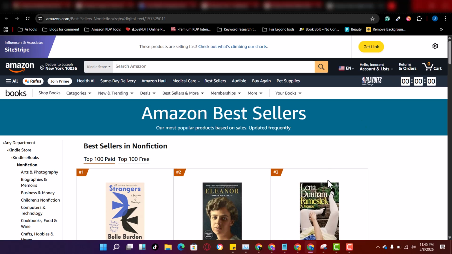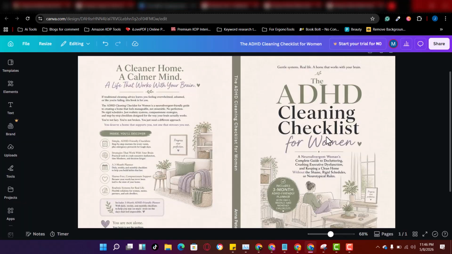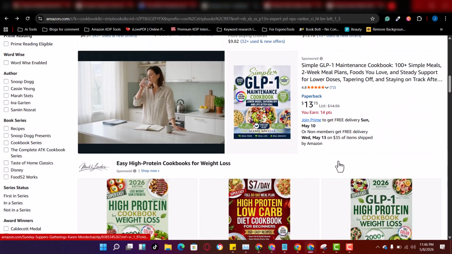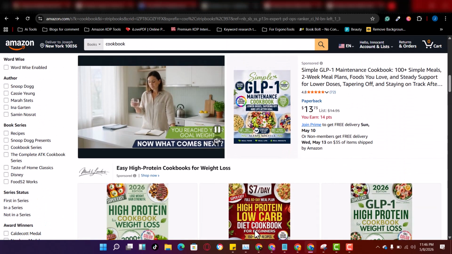Second mistake is using copyrighted content. You don't want to do that. Don't use copyrighted content. Then the third mistake is publishing poorly made books. Settle down, sit down to write, read through your books, and then publish quality books. Fourth mistake is poor book cover design. When your book cover is poor, it's not going to make sales for you. You can see how clean and nice this book cover is. You can see how clean and nice all of these book covers are. So don't make those mistakes.